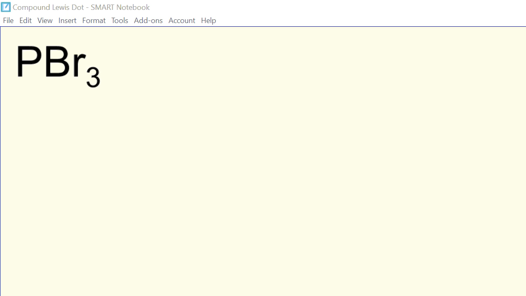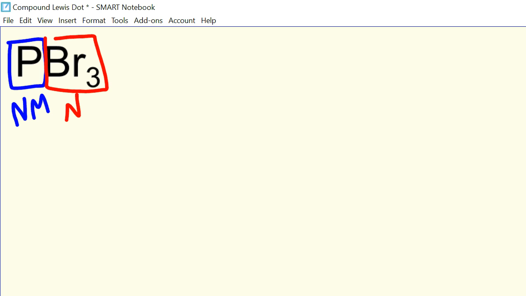Going to start off today by learning how to draw Lewis dot structures for different types of compounds. The first thing that we need to do is to decide if the compound is ionic or covalent. So look at the first element. The first element is a non-metal. Second element, bromine, is a non-metal. So when two nonmetals come together, they form a covalent